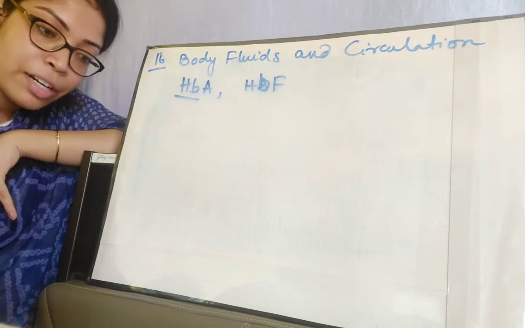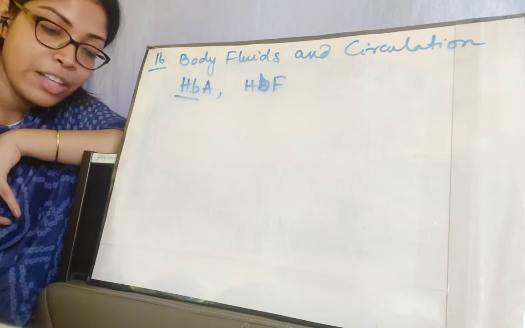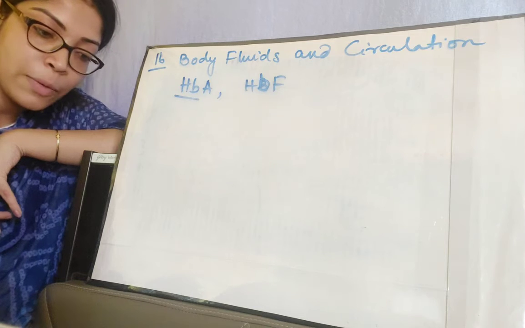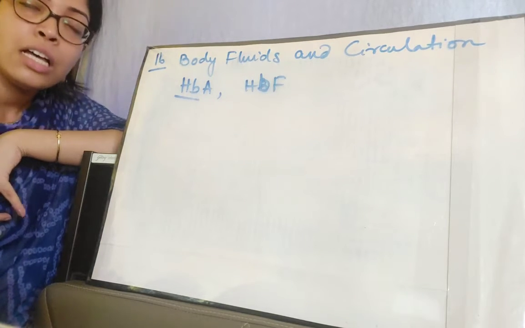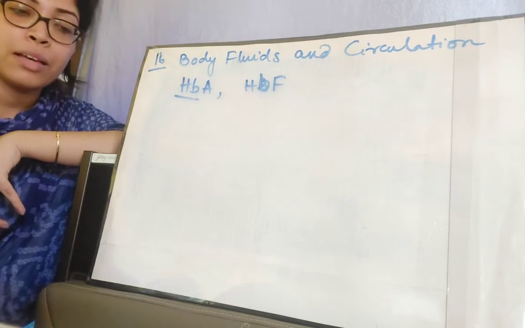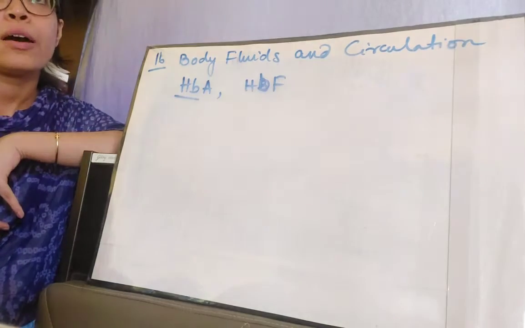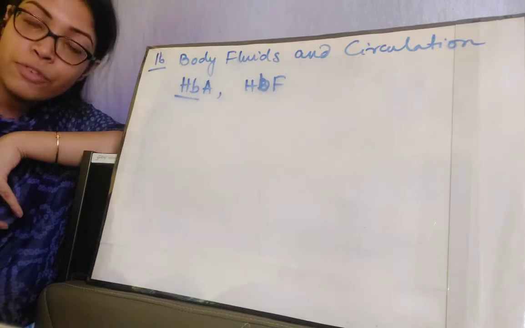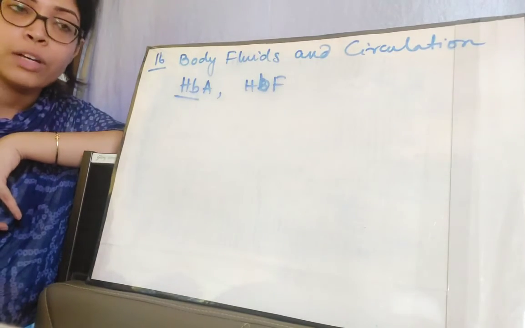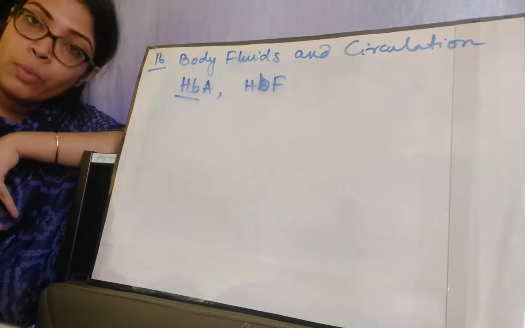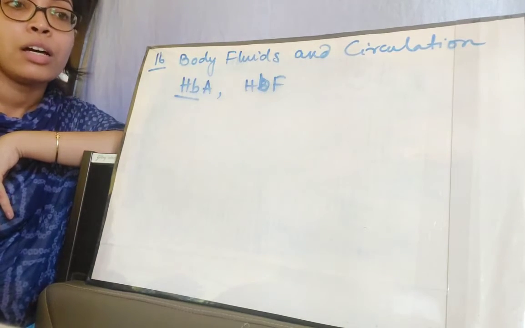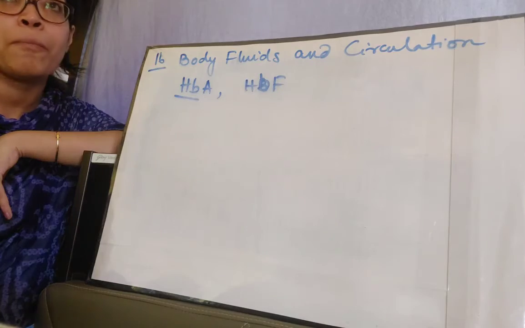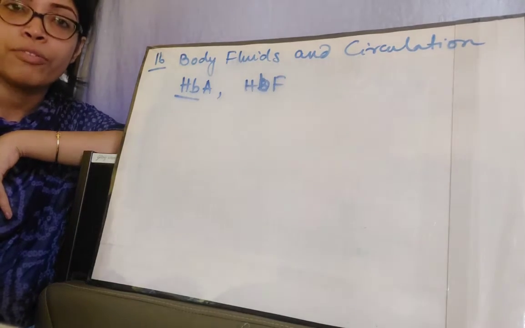It acts as a buffer and helps in maintenance of acid base balance. This one is also common with RBC. It forms different pigments in the body such as bilirubin, biliverdin. This also is same as that of RBC. So it gets easier for you if you read only one function, you can remember the other one. Okay, why are the functions of hemoglobin and RBC same? Because hemoglobin is the main portion of RBC.